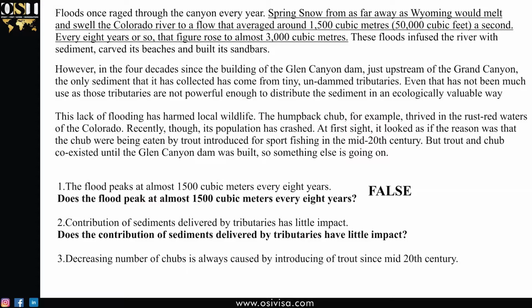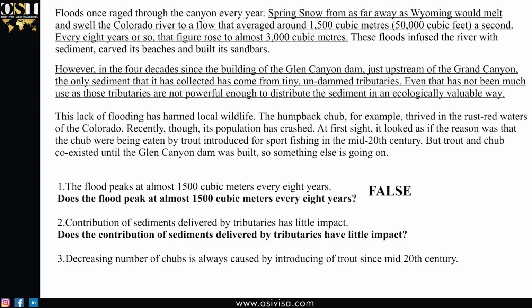So I've already highlighted two statements in this paragraph. So basically the whole paragraph contains information regarding this question. So let's read that. However, in the 4 decades since the building of Glen Canyon Dam, just upstream of the Grand Canyon, the only sediment it has collected has come from tiny, undammed tributaries. Even that has not been much use, as those tributaries are not powerful enough to distribute the sediment in an ecologically valuable way. So we know that this paragraph does talk about the sediment, and it also mentions that it